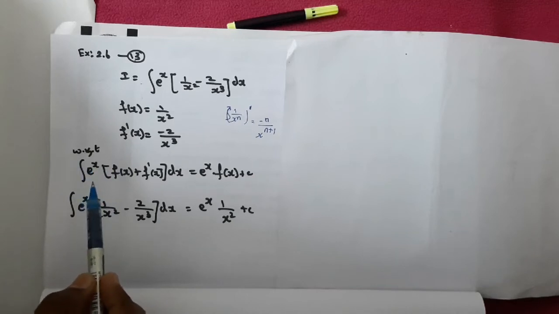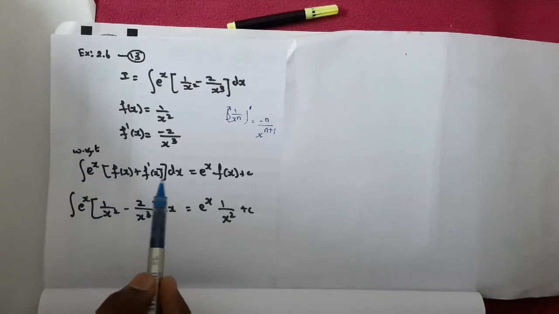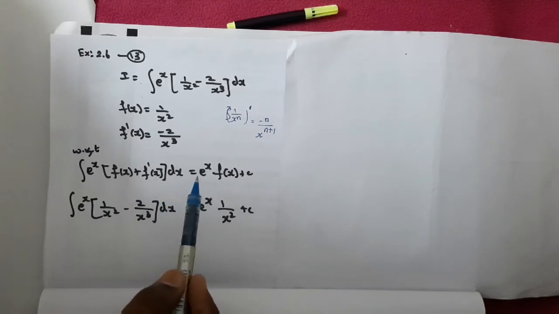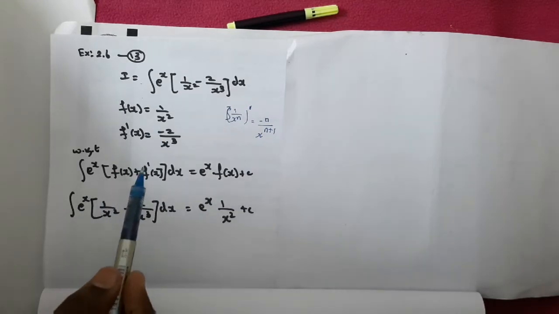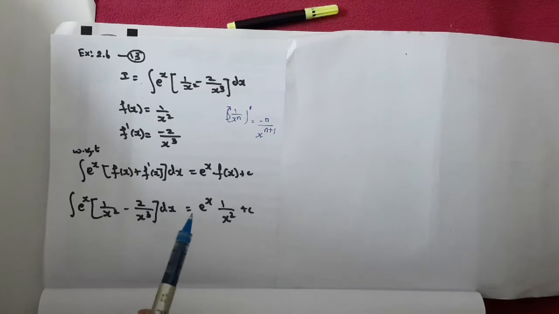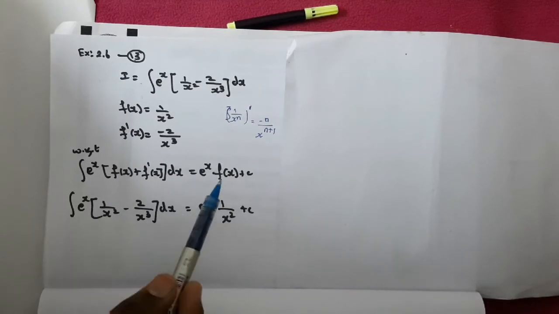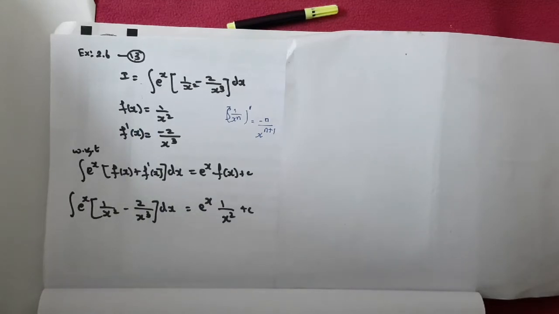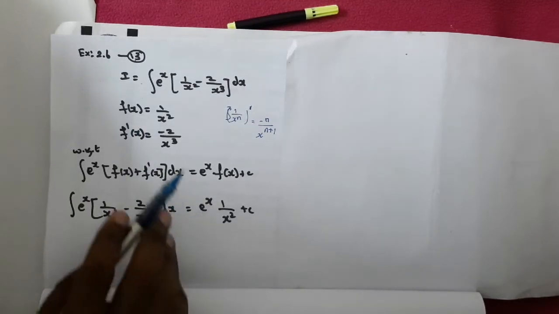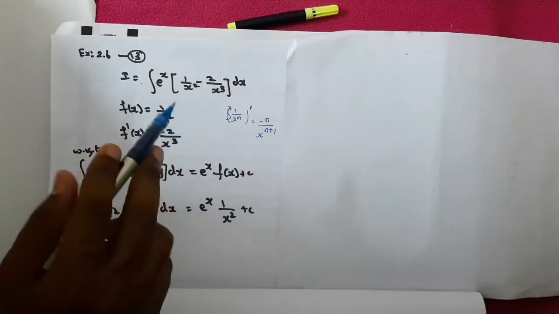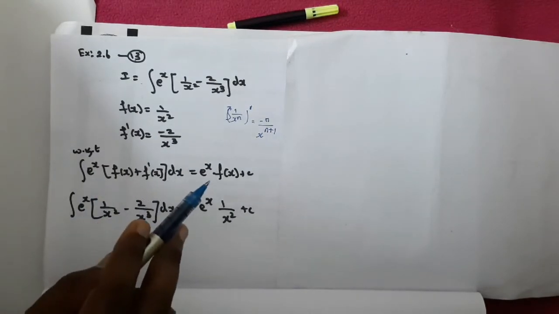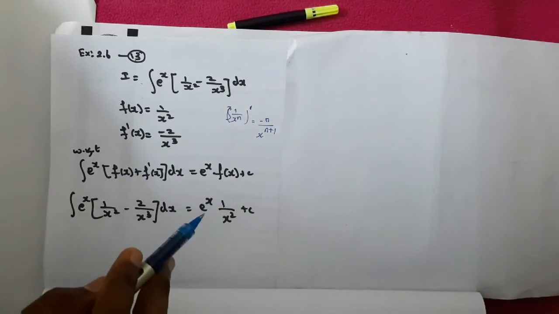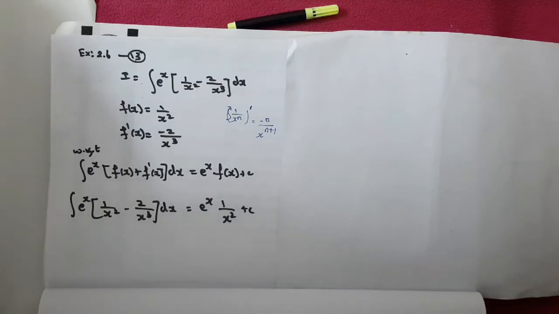So we know that integral e^x [f(x) + f'(x)] dx equal to e^x into f(x). So here e^x is the same. You know what is f(x)? 1 by x^2, and what is f'(x)? Minus 2 by x^3 into dx is equal to, what is the answer? e^x into f(x). What is f(x)? 1 by x^2. So in this type of sum, the only thing you have to recognize is which is f(x) and which is f'(x), and whether the whole integral matches with this formula. So if it is matching with this formula, the answer will be e^x into f(x). For this sum, the f(x) function is 1 by x^2, so the answer is e^x into 1 by x^2.